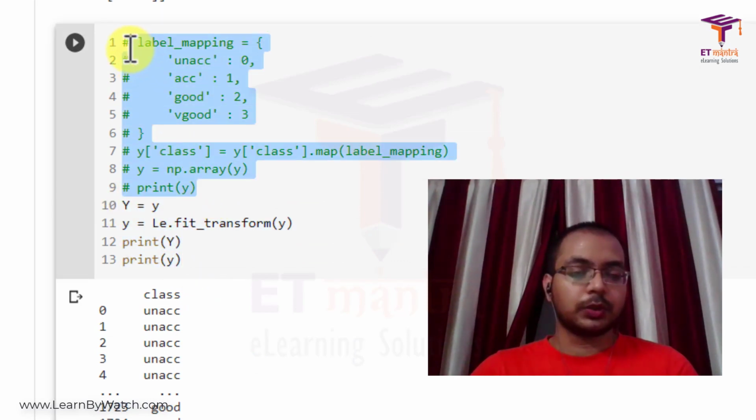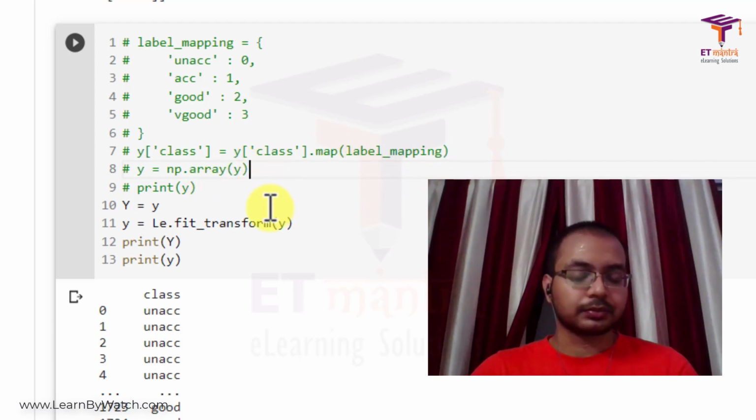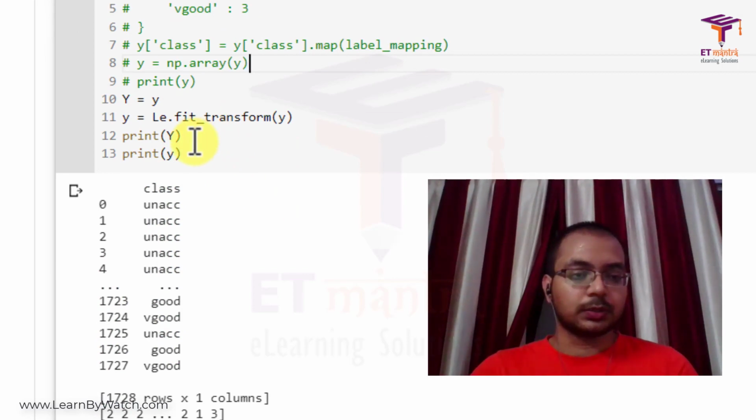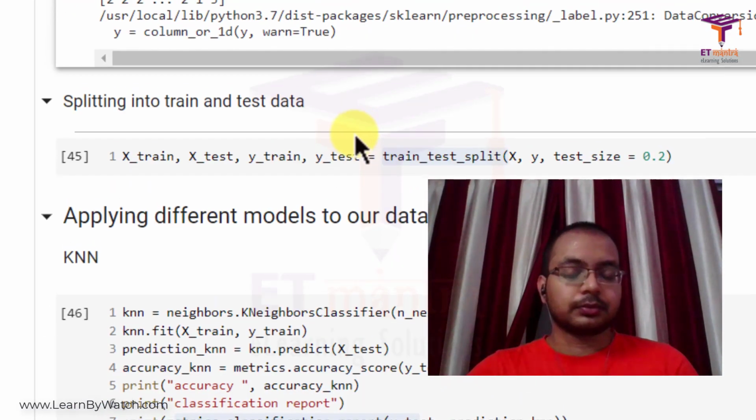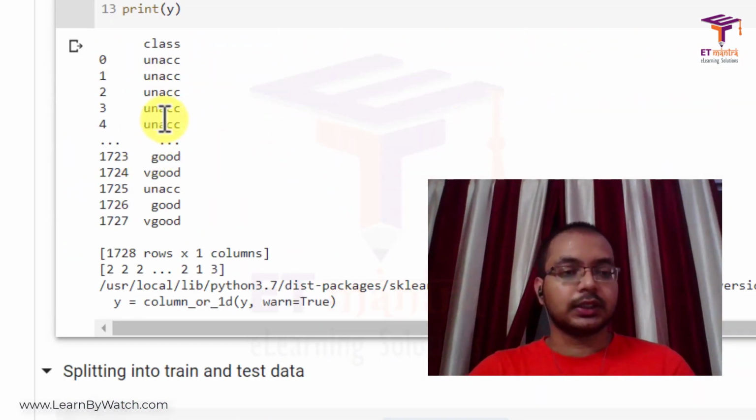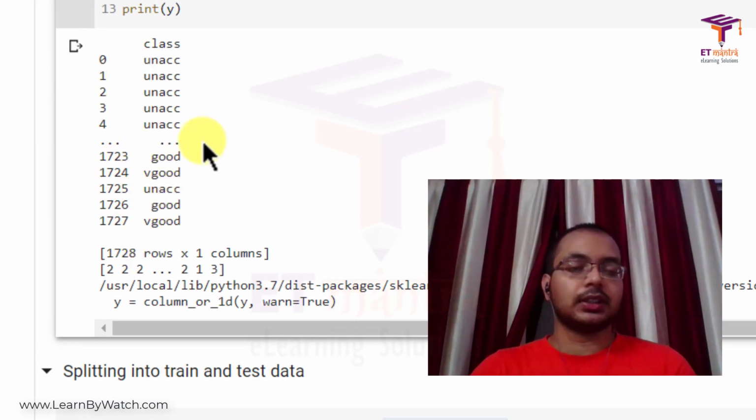Here I have mentioned one more method by which you can do this, by creating a dictionary and then mapping it into Y. I have used this method since it takes few lines of code. Okay, so till here we have seen that our string dataset has been converted into a numerical format.